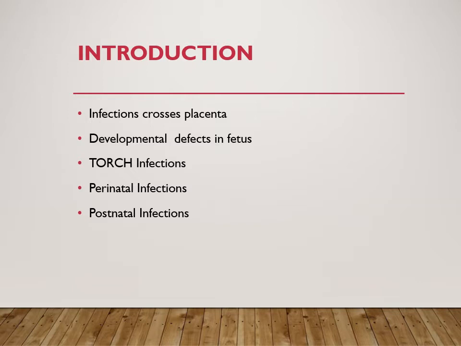T stands for Toxoplasma infection, that is toxoplasmosis. O stands for other infections. Others can be congenital syphilis, varicella zoster virus infection, then Zika virus, then malaria. Malaria can also be transmitted from mother to child. Then R is very important, the rubella syndrome, C is for cytomegalovirus, and H is for herpes simplex. So that can come as a short note. There you have to tell the full form of these letters,